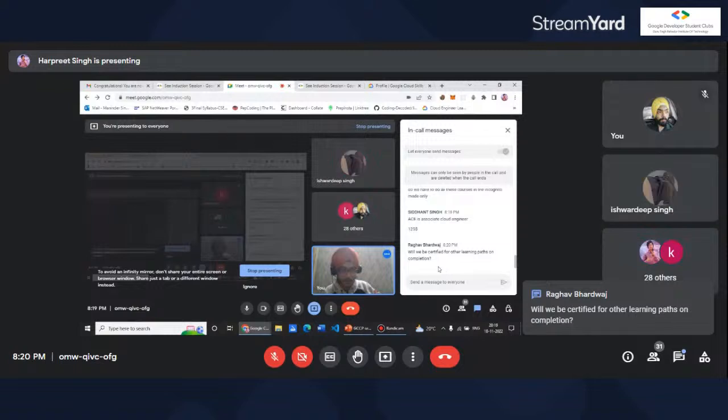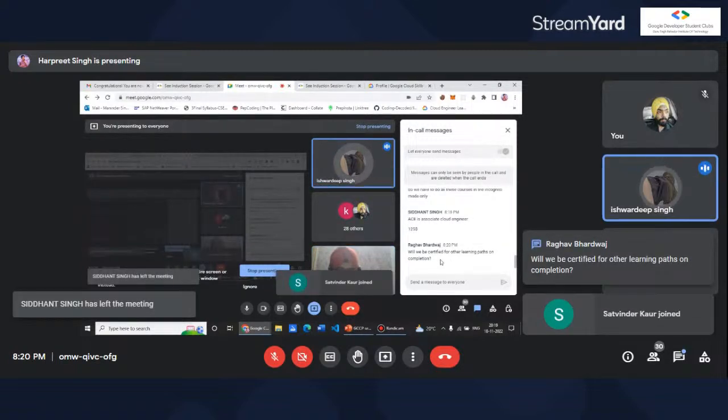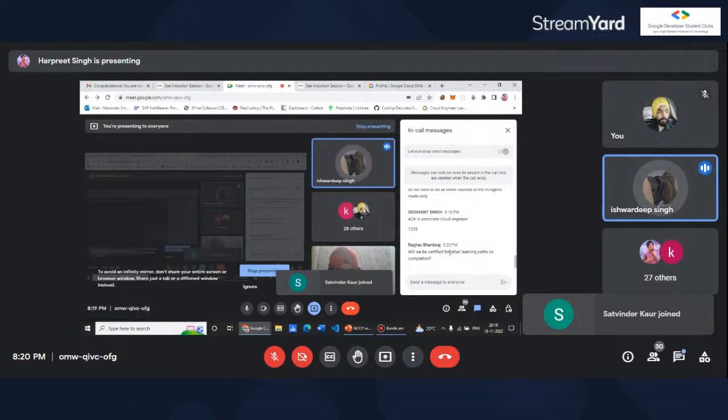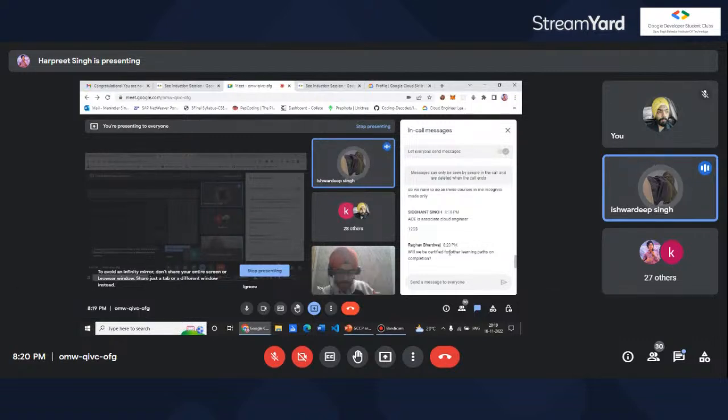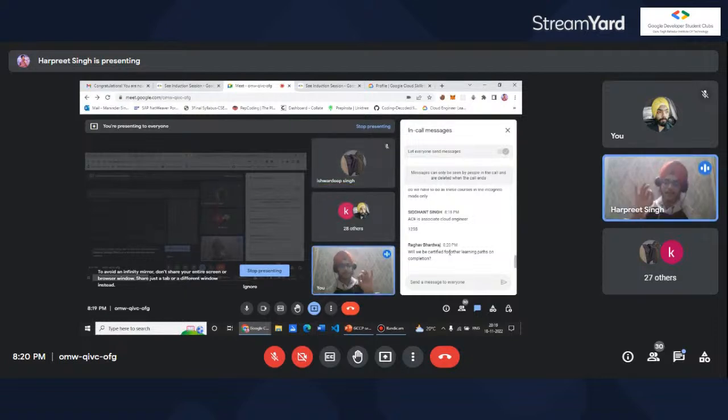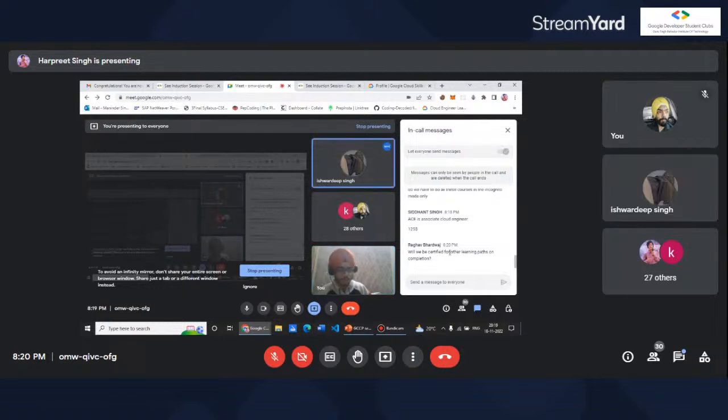Hello. Yes, I have a question. So the credits that we have to receive, if I open it in the normal tab, will I still receive it, or do I have to use the incognito mode? For the starting, it is highly recommended to do it in incognito because in a normal tab people are facing problems. Once you get the monthly subscription, I think then you can continue with the normal tab. Okay, thank you.